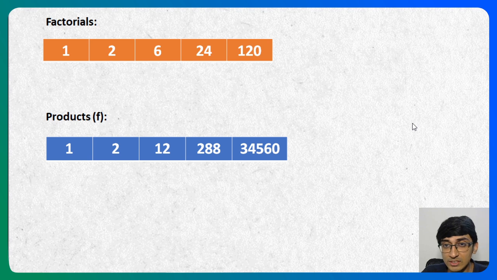And if you notice, now if I ask you, okay, you calculated f of 5, what is f of 4? F of 4 is 288. F of 2 is 2, right? F of 3, it's 12. And you can verify it as well. You'll get the same answer in the verification as well. Yeah, so this is how we'll go about doing it. Construct 2 different lists. One is for the factorials, one is for the products, right? And so that's our approach.